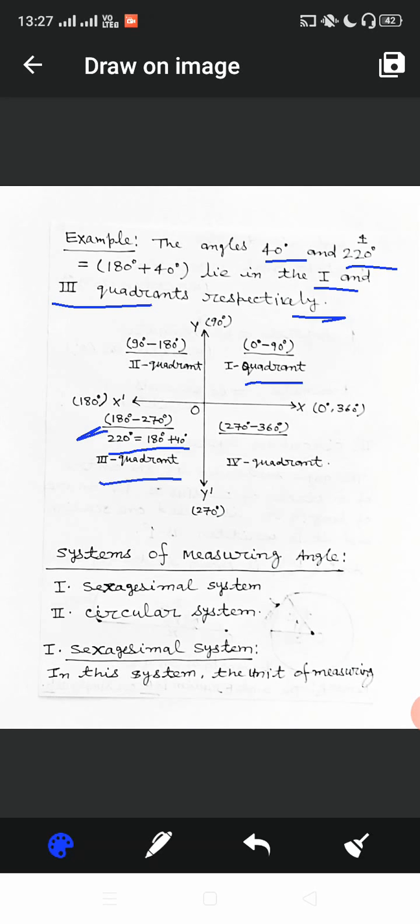Now we will discuss system of measuring angle. Dear students, there are two systems of measuring angles. These are sexagesimal system first, and second is circular system. First, sexagesimal system. In this system, the unit of measuring